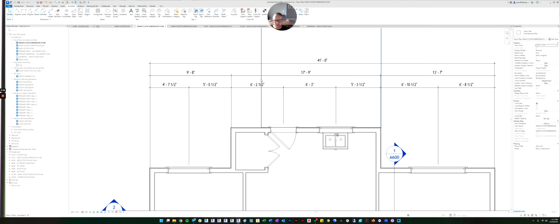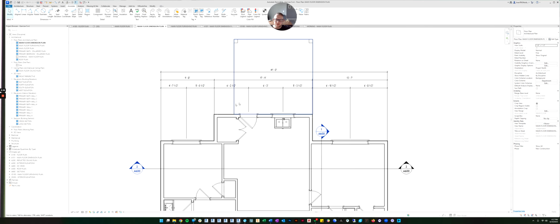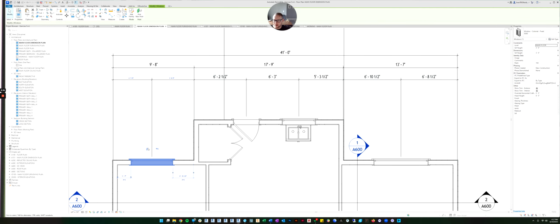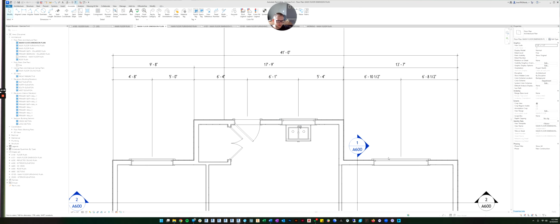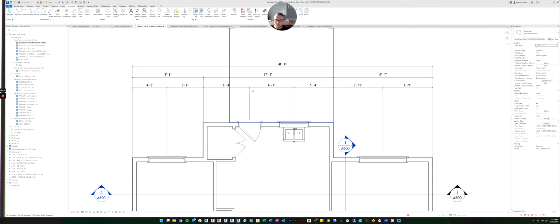So now a contractor can quickly look like, oh, here's the overall width of the building, or here's where the jogs are, or now here when they're placing the windows, they can look at this line and know exactly where to place the windows. So if you were building this house for real, I would go through and make sure there's no 1/2-inch dimensions. I would come in here, I'd click the window, then I would just make this 4'8". I like to fix all of these, so 6'2", actually, maybe 6'4". And then here 6'1" would probably be good. And then 6'10" here. There you go. So now we have nice clean dimensions.